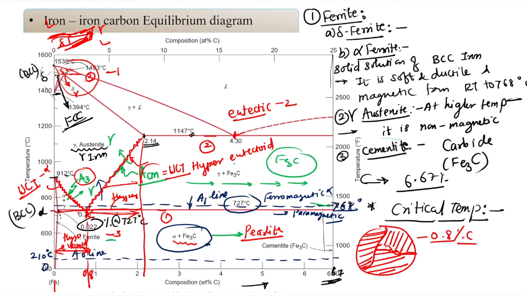So some highlights we are going to see for this eutectic and peritectic reaction, because we already discussed them in great detail. But here, dear students, the third reaction definitely we are going to see in detail, the eutectoid reaction. We have not seen this eutectoid reaction in detail. Eutectoid transformation we are going to see, isn't it? So in the next video we will start the various transformations in this iron carbon equilibrium diagram. So thank you so much, dear students. Bye bye.